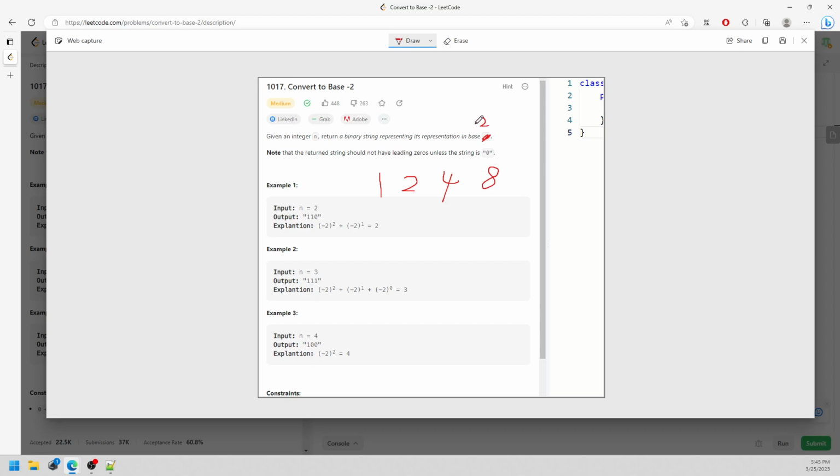For -2, the 0 degree is 1, right? The 1 degree is -2, the 2 degree is 4, -8 for the next one. Why? Just -2 to the 0, -2 to the 1, -2 to the 2, -2 to the 3. So the only thing is, if you notice,